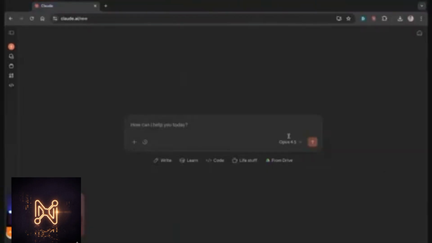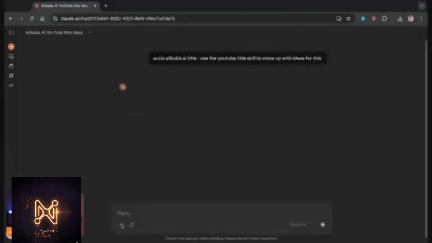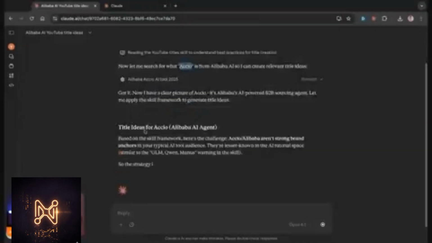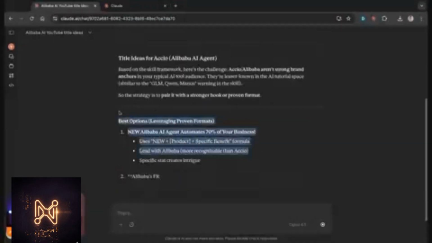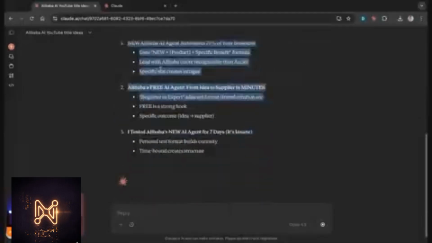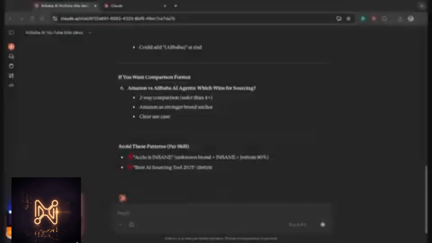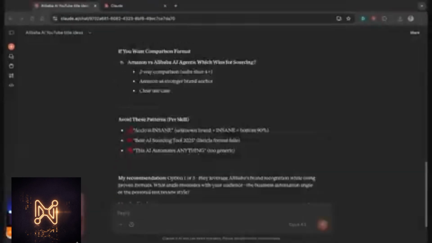So if I have a topic in mind that I'm thinking about creating content around, let's say, for example, Axio, Alibaba AI tool, use the YouTube title skill to come up with ideas for this. This is now going to call that skill that we used previously, right? So it's reading the skill to generate the outputs. And then it's going to search the web for information about Axio and how it works, etc. And now it's using the YouTube title skill to come up with a bunch of ideas that work really well. And you can see how it quickly came up with this, right? Now we've got a bunch of YouTube title ideas, and it's all personalized to me. It's all based on data that I've trained Claude on, and we can use that anytime we need,